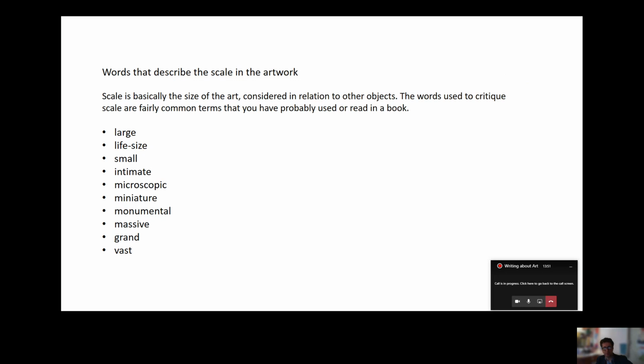Size of the artwork is important. Now, when we see it on the internet or in a book, it all looks small. But it's important to look up the size of it, because you could be looking at a piece of work that's very small or the size of a wall. Now, that would change the way you looked at the art. So refer to that.